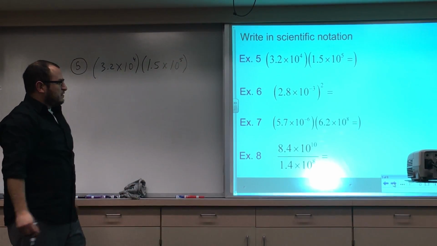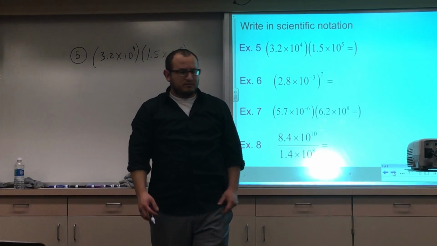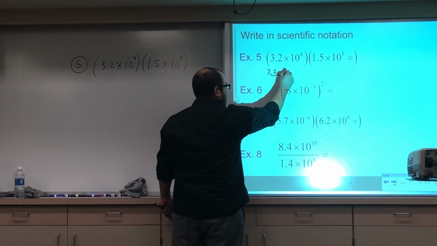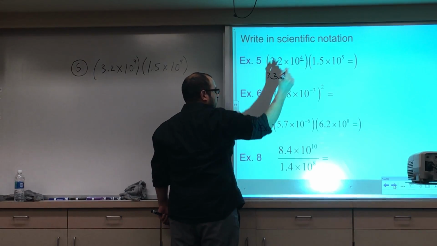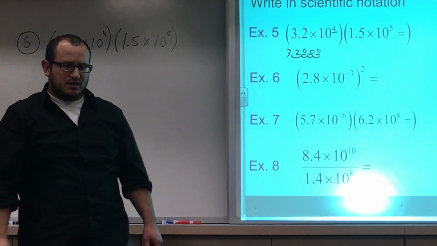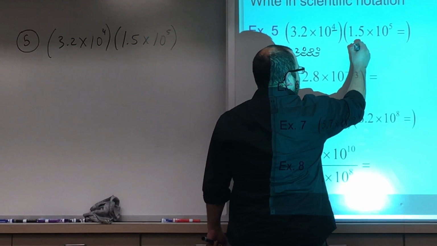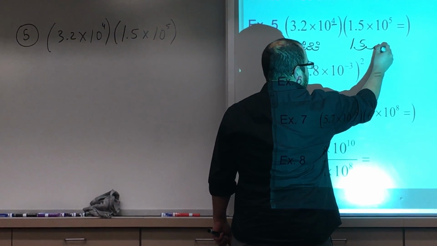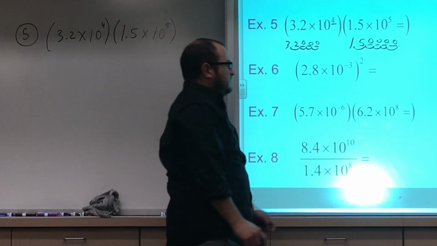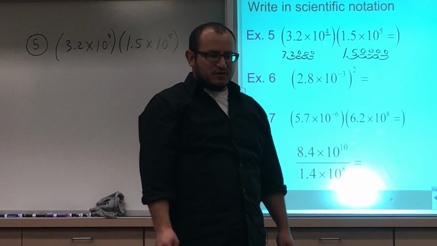Okay. So again, what's unique about scientific notation, you could actually multiply this number in your calculator. You're going to get 3.2, 1, 2, 3, 4. This 4 means you move 4 to the right. All these placeholders become 0. So 3.2 times 10 to the 4th gives us 32,000, okay? And then 1.5 times 10 to the 5th, 1, 2, 3, 4, 5. Again, all these placeholders, we get 0. This is actually 150,000. So you could actually multiply those two numbers and then change it into scientific notation, or